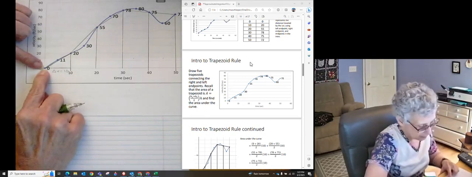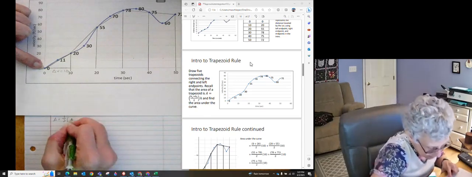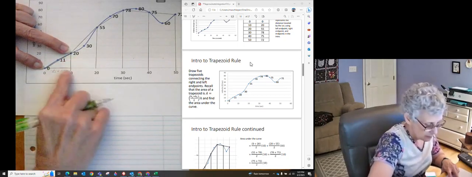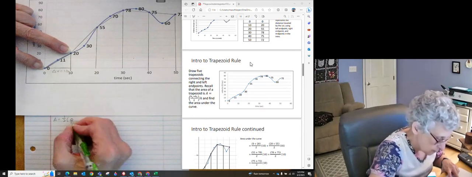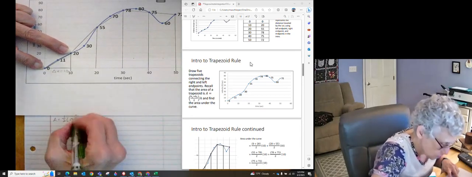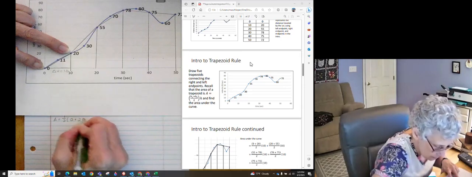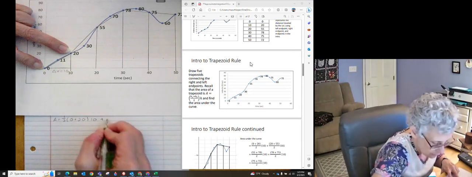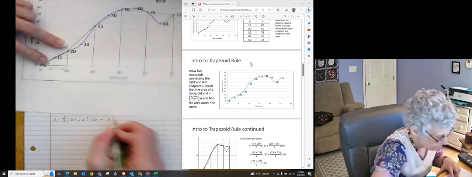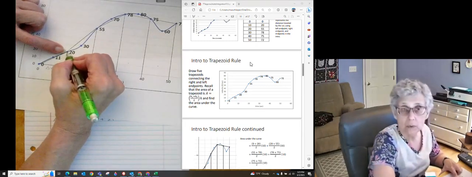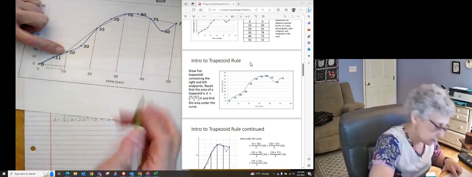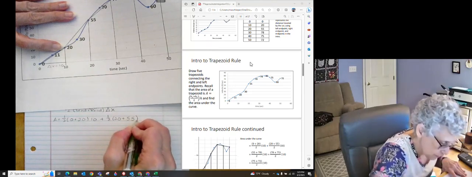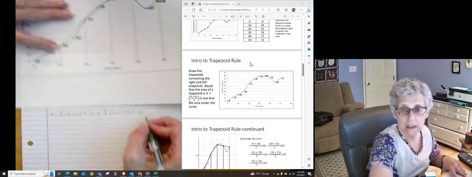My left endpoint here is 0, and I'm talking about the height of it because 10 is going to be my width. So 1/2 of 0 plus 20 times my delta x, which is 10, plus 1/2 of, now my right endpoint becomes my left endpoint, 20 plus 55 times 10